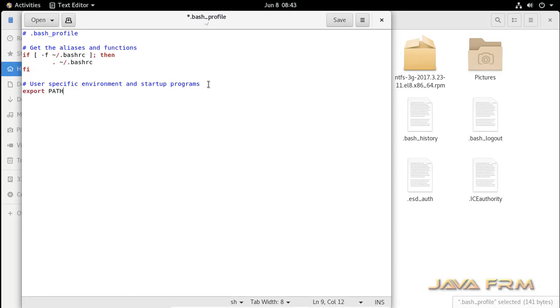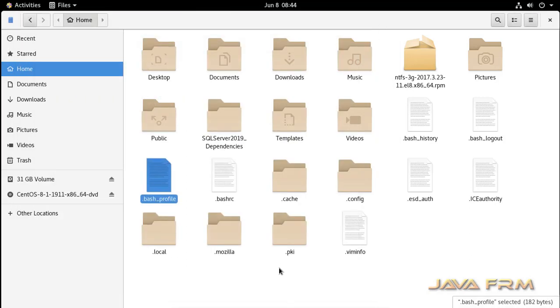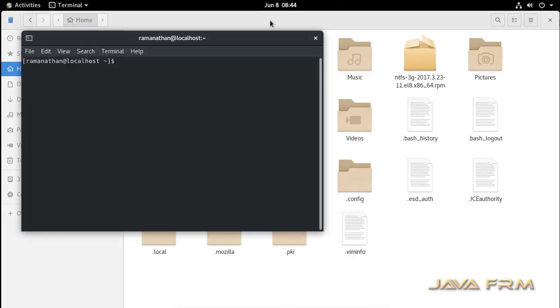Okay, now I am going to add the MSSQL-tools /bin directory to the path variable so that the SQL command, that is SQLCMD, can be accessible in the terminal from anywhere, and you can connect to SQL Server 2019 via SQLCMD. So this is the path for MSSQL-tools. Save the bash profile settings, open the terminal.